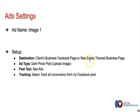So it may be like Florida Home Buyers Club or something like that, or Florida Home Buyers, or Florida Real Estate, Florida Properties for Sale, or something like that. I mean, it could be just something real estate. I'm just throwing out a bunch of names as examples of what I mean by a real estate theme page. Ad type is a dark photo post, sometimes called an unpublished post, which we reviewed in the Facebook 101